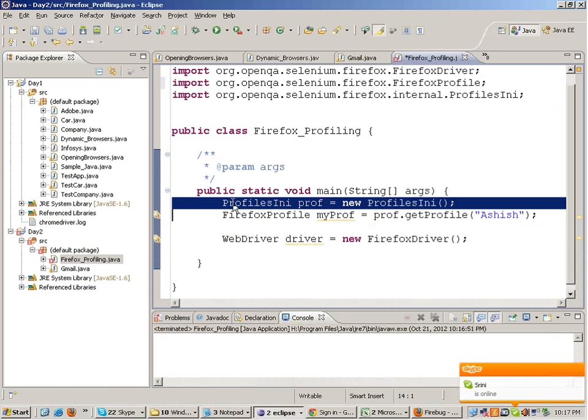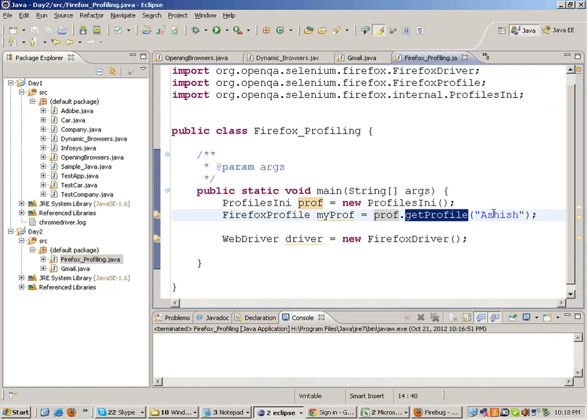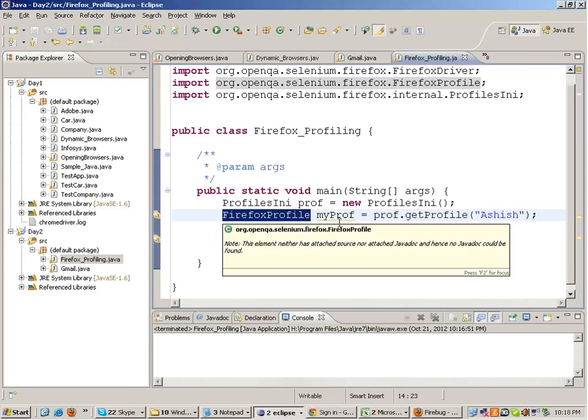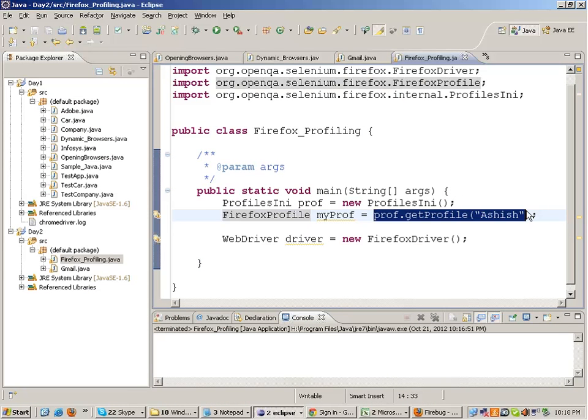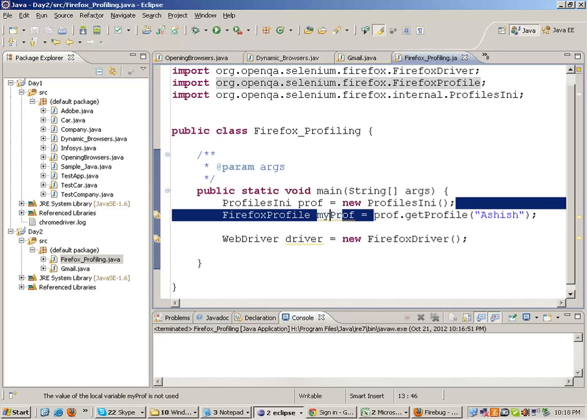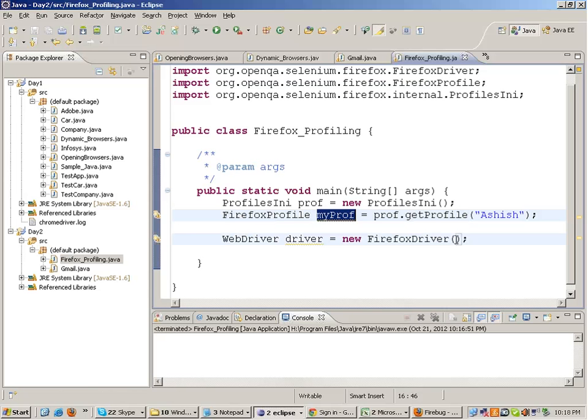You can have 10 profiles created, this will denote that. And from all the profiles, I am getting the profile Ashish, and there is an internal class called Firefox profile. This gives you the object of that particular class. And then you pass this profile object inside the constructor of Firefox driver.